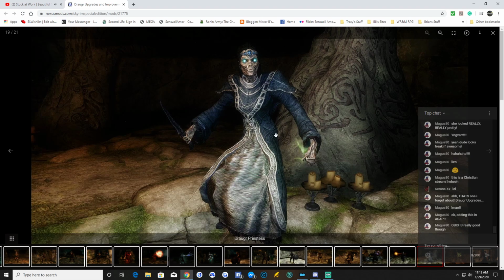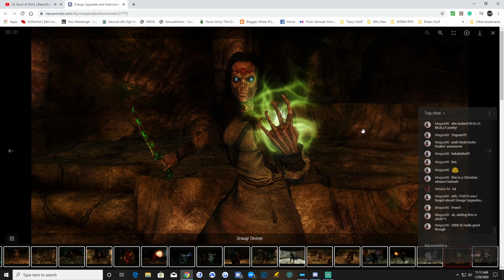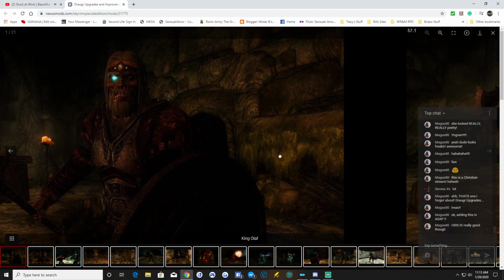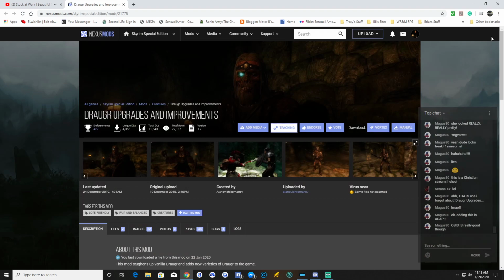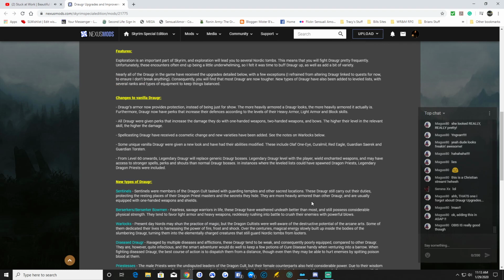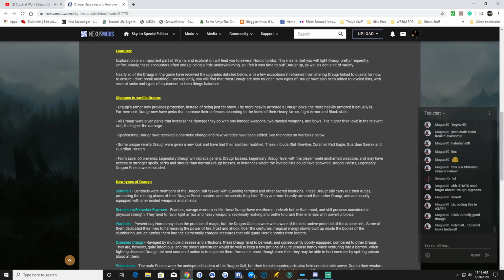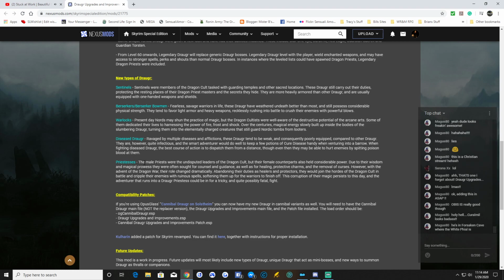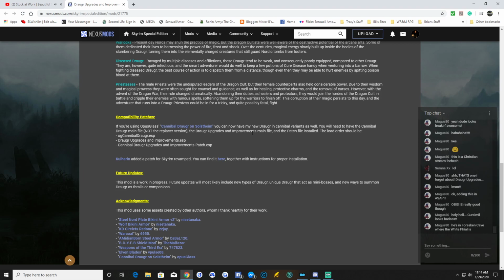I would love to add some more flexibility to bandits. I had a favorite mod until it was taken down. I guess the modder wants to rebuild it or something. But yeah, this will keep Draugr leveling with you as well. It tells some of the new Draugr that were added, like Sentinels, Berserkers, Warlocks, Diseased Draugr, and Priestesses. Oh yeah, okay. I haven't done a lot of the quests, so...